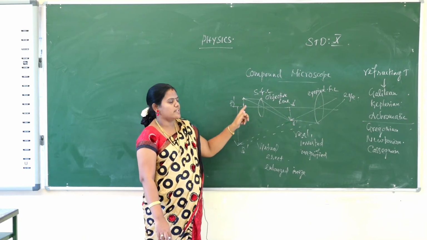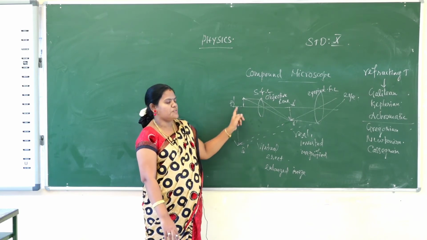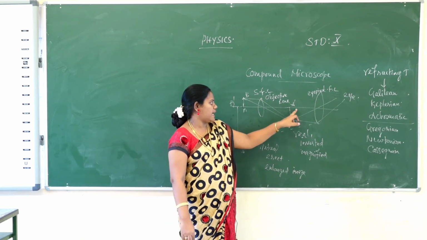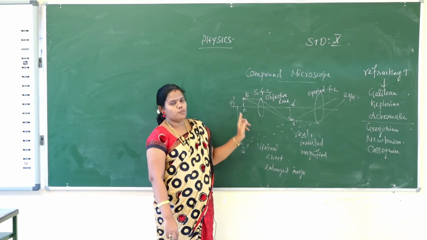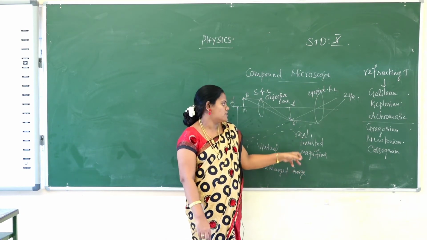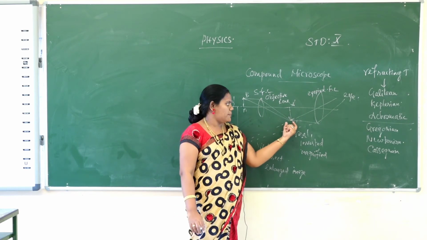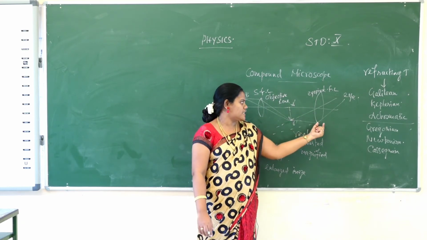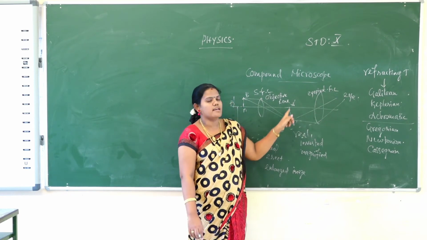First, we keep the object in front of the objective lens. The objective lens provides the image for the object A, B. That image, A dash B dash, is a little bit magnified with respect to object A, B. The image is real, inverted and magnified. The real image appears upside down, but a little magnified. That image is considered as the object of the second lens. The eyepiece lens takes that image as its object.